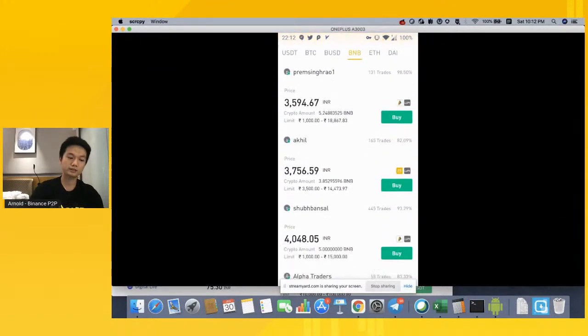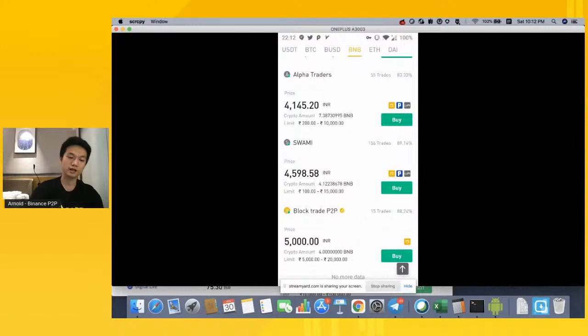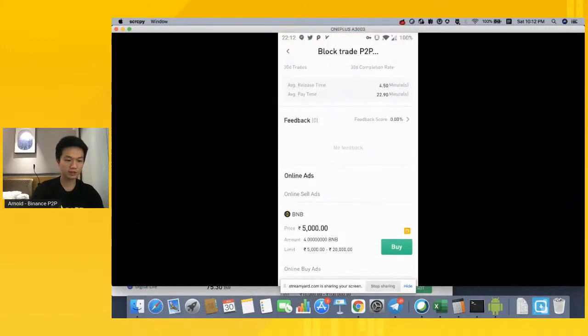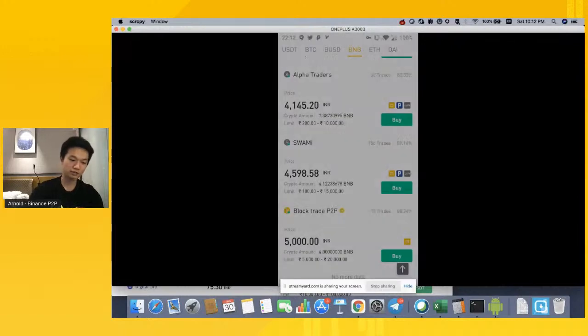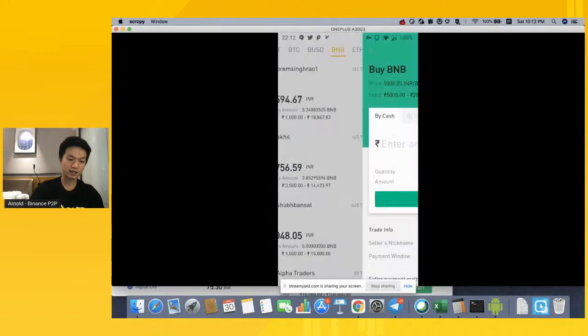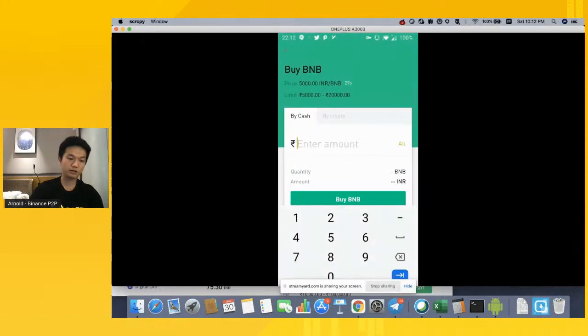I'll pick my price, or the person that I want to trade with. I look at the details. Okay, this is someone that looks reliable, and then I'll just click buy and put in the amount that I want to buy. You can either enter the amount of fiat, for example, I want to buy 5,000 rupees, or I can just buy 1 BNB. So I would click buy here,